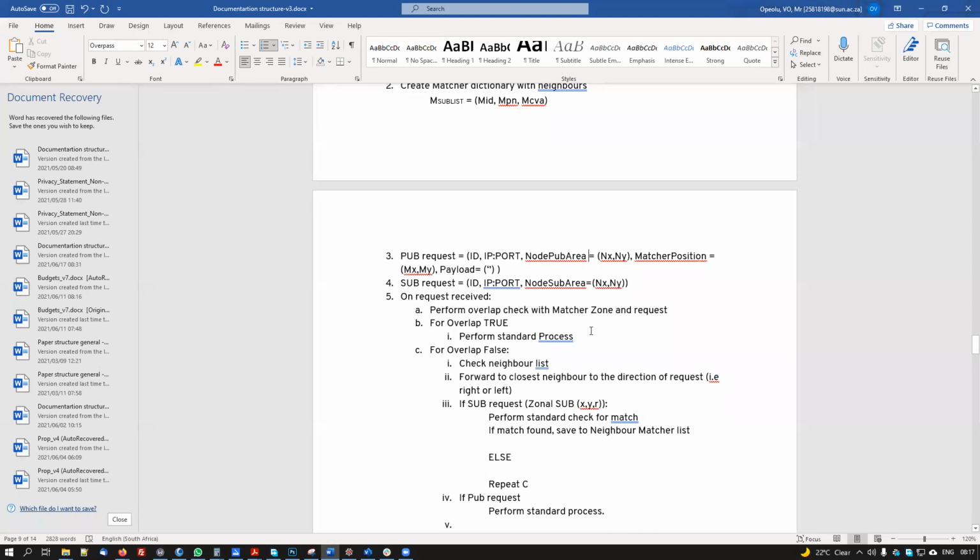So maybe what's useful now is to discuss this. You're trying to write down the procedures, the pseudocode, the sequence. But can we conceptually explain how this should work first?